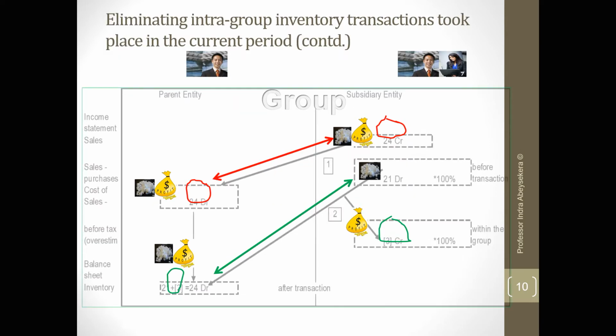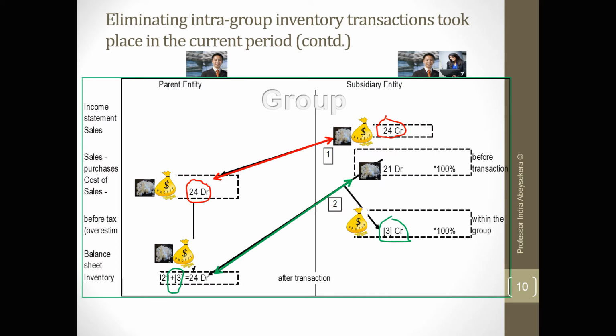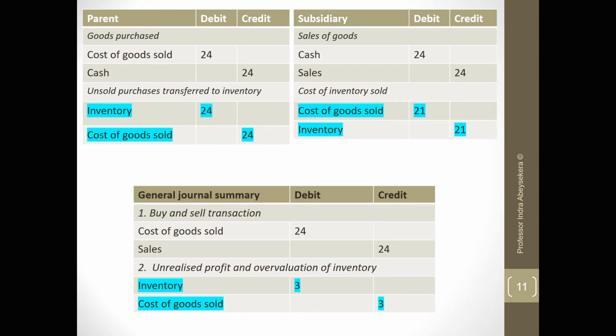So if you look at the situation, the subsidiary made a profit of 3, the cost of inventory is 21, that's been sold to the parent entity, and it becomes cost of sales when sold, and when it is unsold becomes inventory. And that $3 of profit has made the inventory overvalued, and that is included in the inventory shown in the parent entity's inventory. So if we look at the general journal entries, we can see that